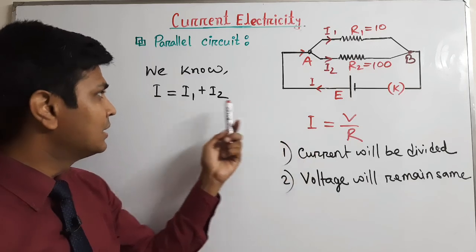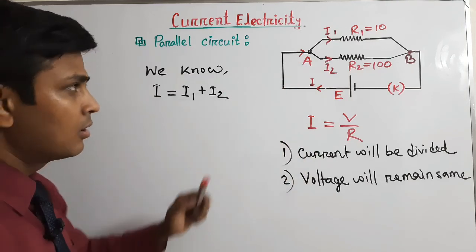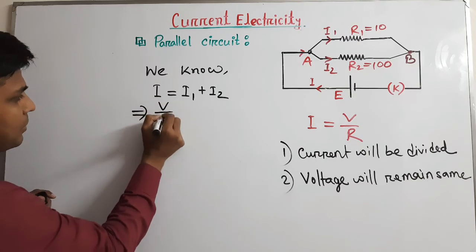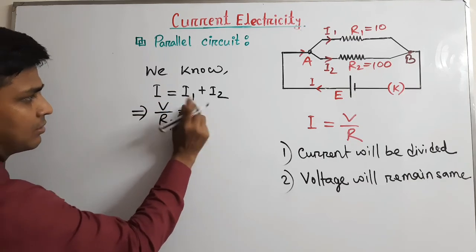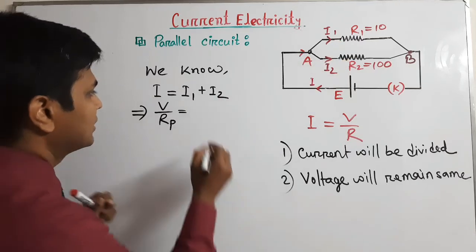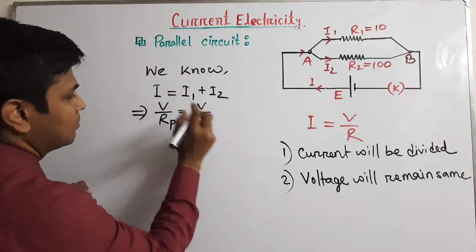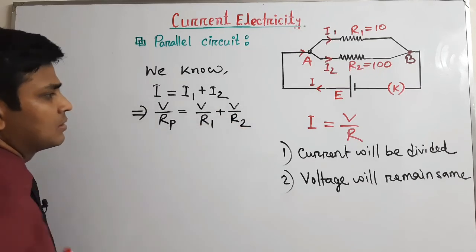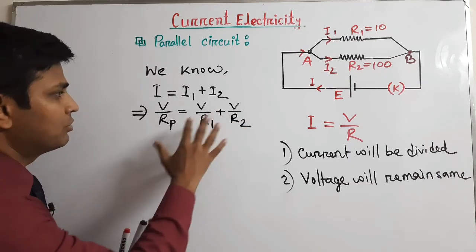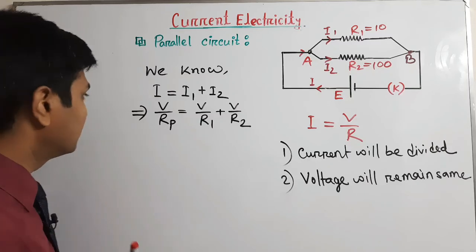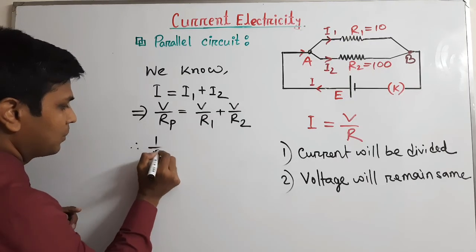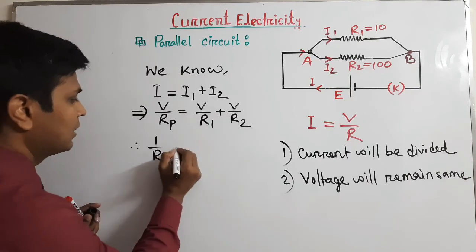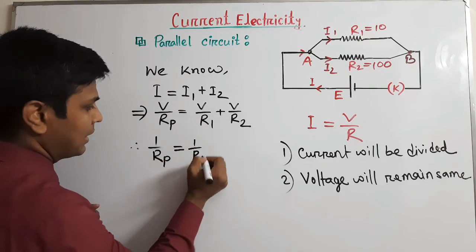If we apply this formula in respect of our figure, then we can write V divided by Rp, and for the first resistance the potential will be the same, but the resistance is R1, and for the second resistance the potential will be the same, but the resistance is R2. Now if we take common V from both sides and cancel it out, then we will get the final formula of the equivalent resistance of the parallel circuit, which will be 1 by Rp equals 1 by R1